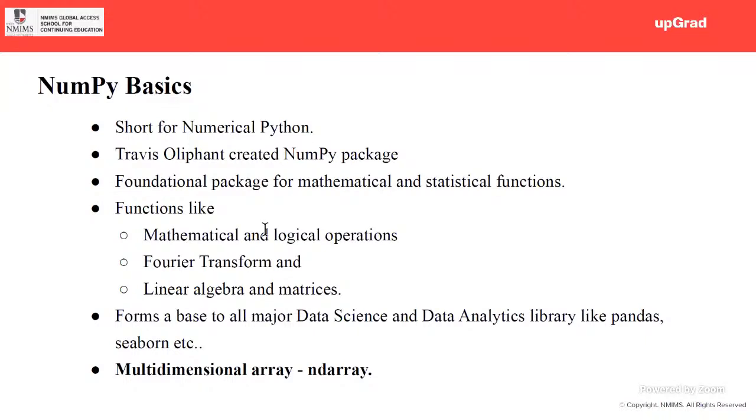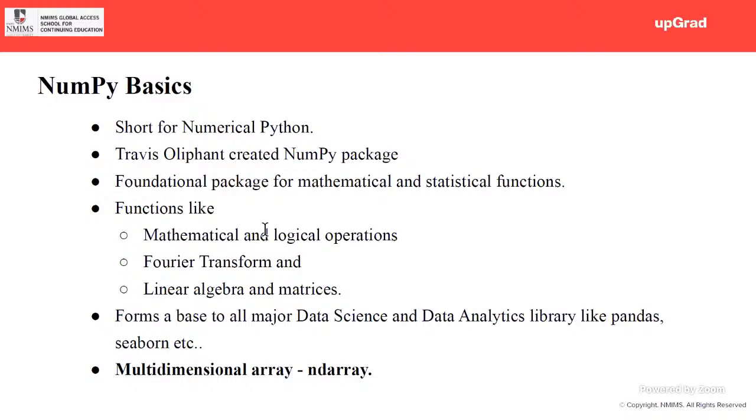That is why it is numerical Python, because all your mathematical and statistical functions and data are handled through it. And as I said earlier, it forms the basis for all your major data science, data analytics, NLP, deep learning, and neural network libraries that are used in today's world for analysis. Numpy forms the basics, and that is why we are learning Numpy today.